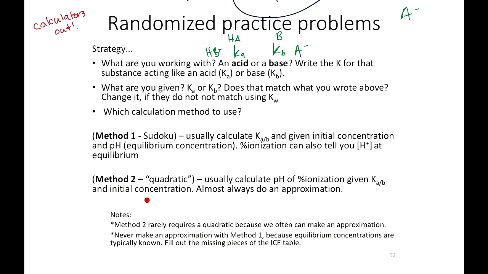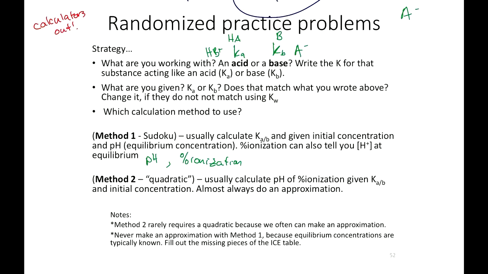All right, and then the two methods, the ones that I affectionately call the Sudoku method, where typically you calculate Ka, meaning with the information given, usually they give you a hint at the equilibrium line. Either they tell you the H plus concentration at equilibrium, so essentially they tell you what the pH is, or they can give you percent ionization. And we'll do an example of that. So if you're given either of those things, you will not make an approximation. You'll actually use this piece of information to fill in the rest of your ice table to calculate the missing